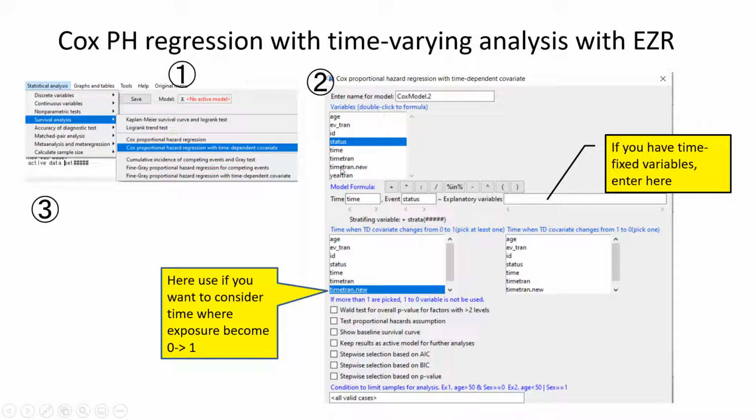Include a time variable and also a status variable here. If your analysis does not have a time-fixed covariate, keep this box empty. Here is where we put the time-varying covariate, and we choose timetran.new. EZR can take up to 2 time-dependent covariates. In this box, we will pick the time-varying covariate